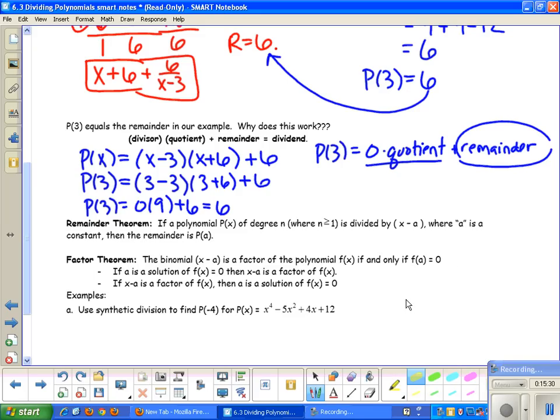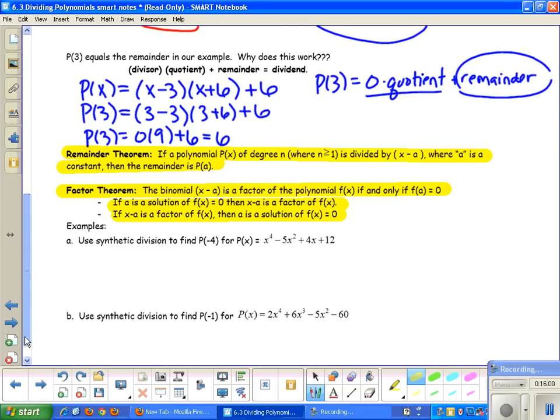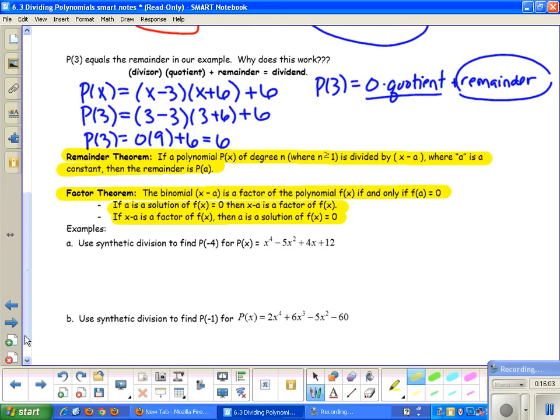So the remainder theorem says, if a polynomial p of x of degree n, where n is greater than or equal to 1, is divided by x minus a, where a is a constant, then the remainder is going to be p of a, whatever that a is. And the factor theorem states that a binomial x minus a is a factor of the polynomial f of x if f of a is equal to 0. So that means that we have a remainder of 0, and that's basically what all of this right here says as well. So for some examples, just to show you,